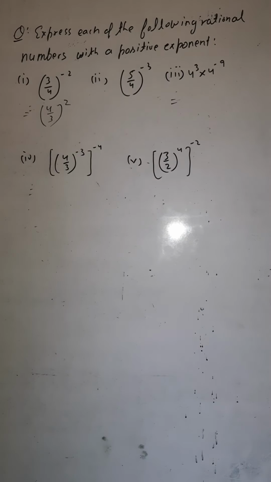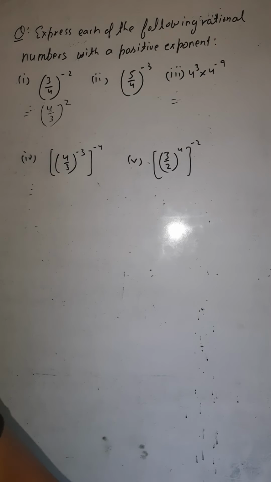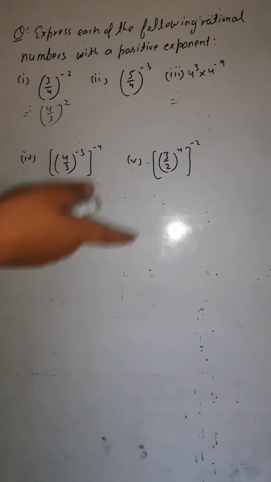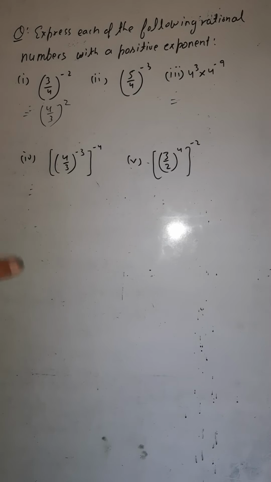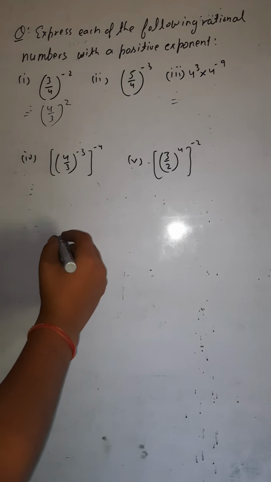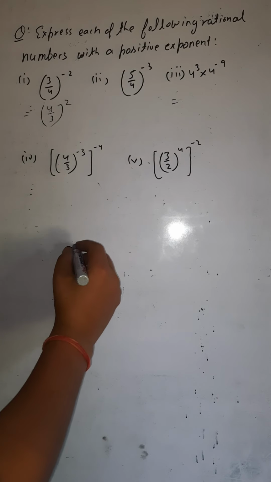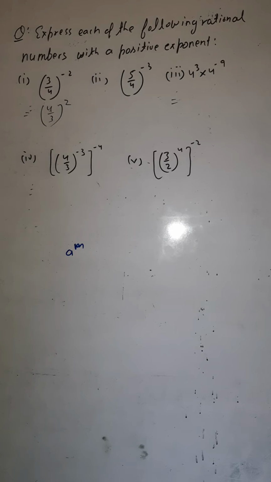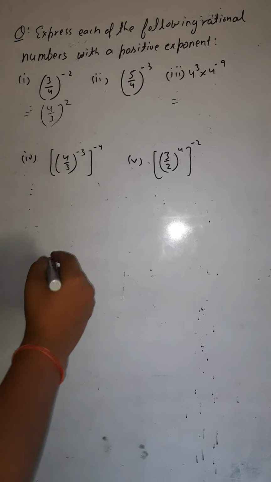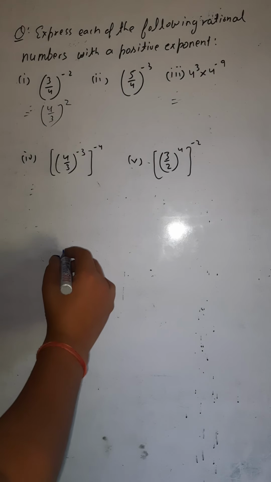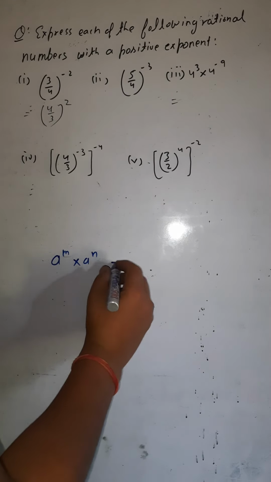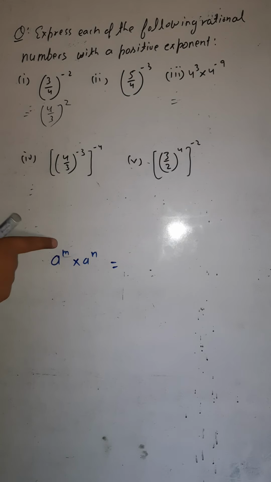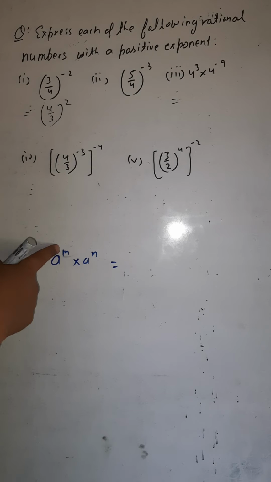Now one more thing, let me tell you. This is again a new formula. In the previous one I told you a formula, and here I am telling you a new formula. If it is a raised to the power m, visible there? Good. If it is a raised to the power m multiplied by a raised to the power n. So this is known as the base and this one is called the index, exponent, power, order, whatever you call it. The downside one is known as the base, and the upper one, the one on the right, is known as the exponent.